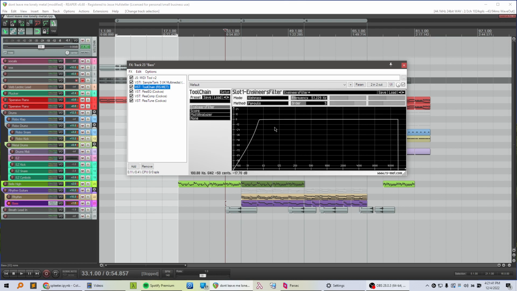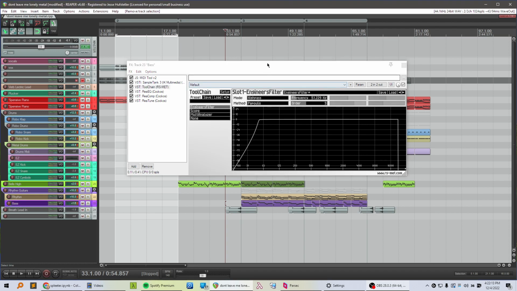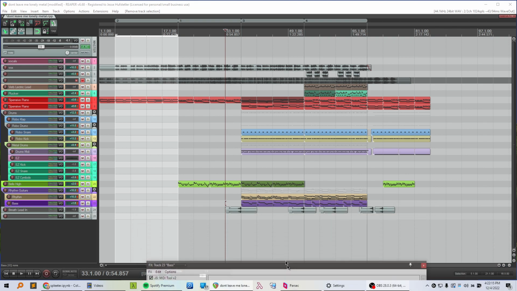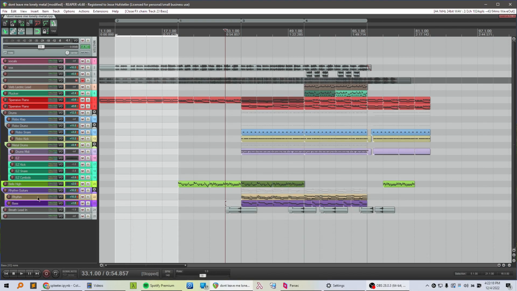I guess it's not an EQ, it's a filter. I guess you could consider an EQ to be a big collection of filters, but you can make filters with almost just like a super steep cliff cutoff. Like anything below a certain frequency will pass through, anything above a certain frequency will be annihilated, or vice versa. I'm going to demonstrate what that sounds like because it's really cool. I'll use maybe these rhythm guitars as an example.